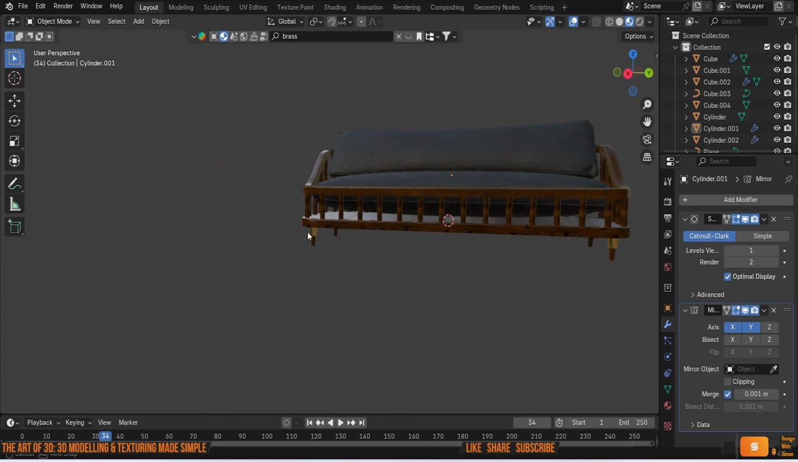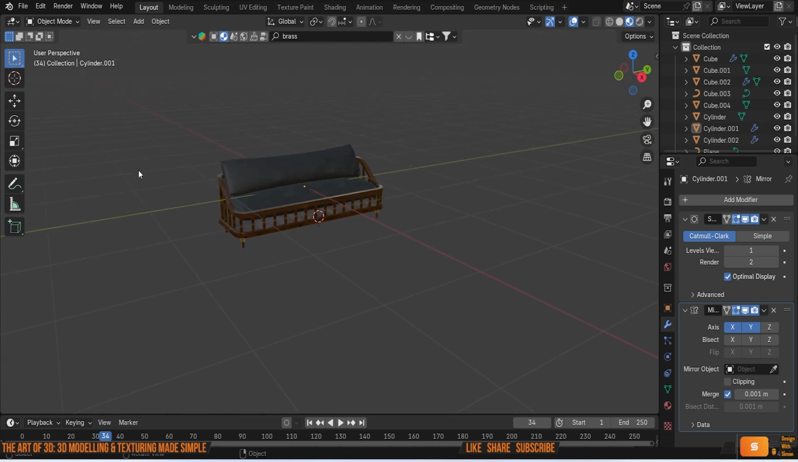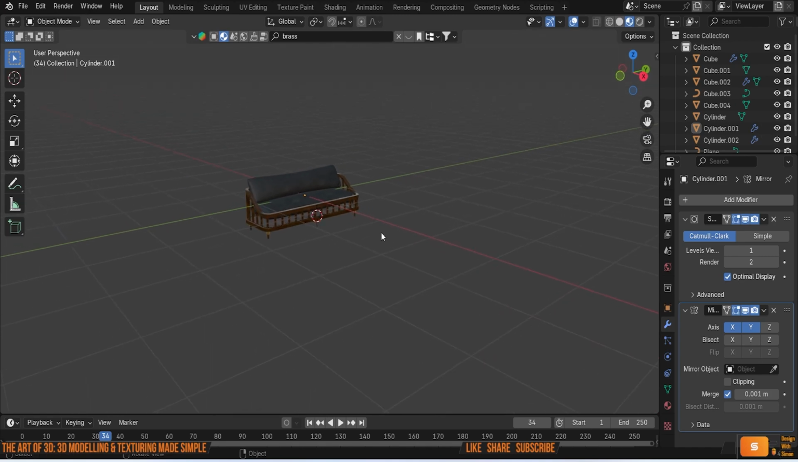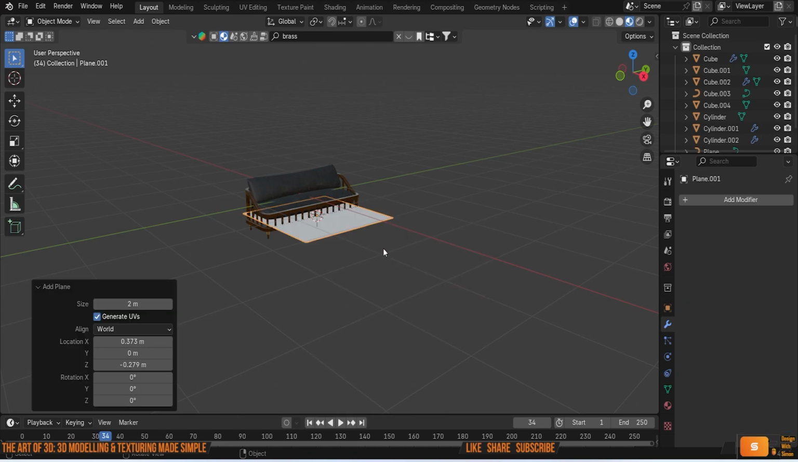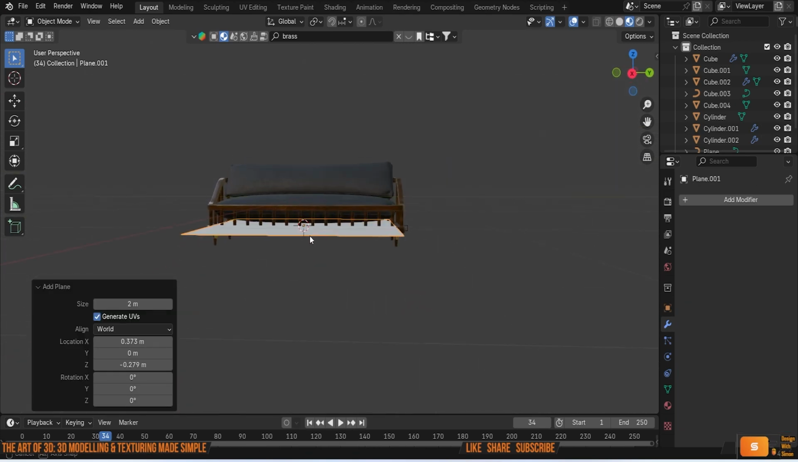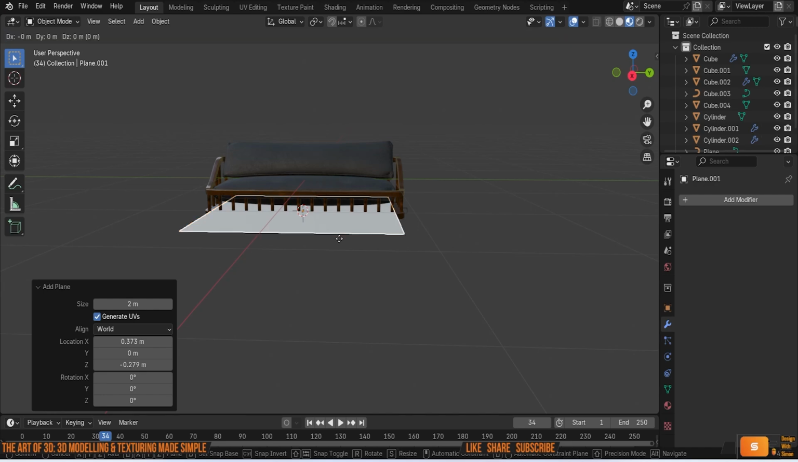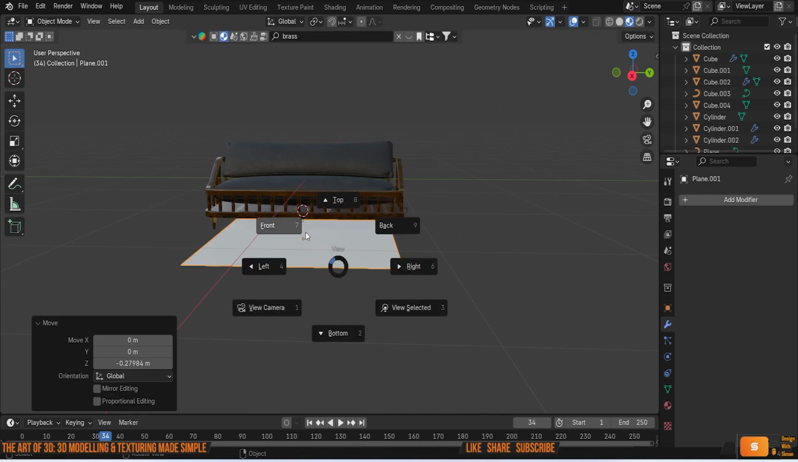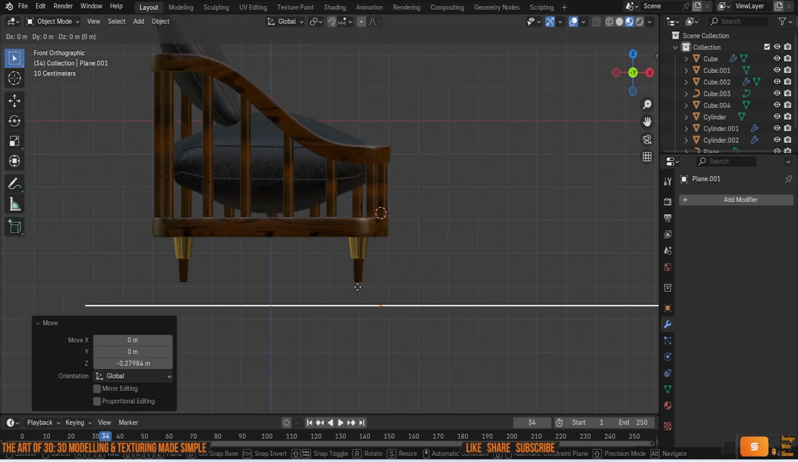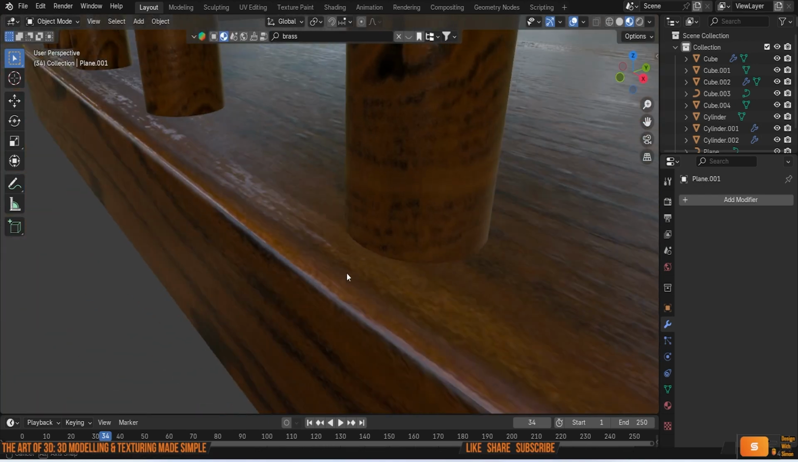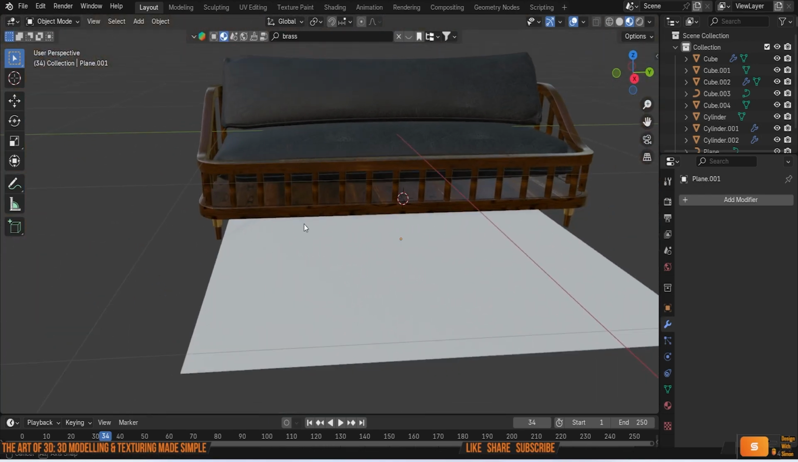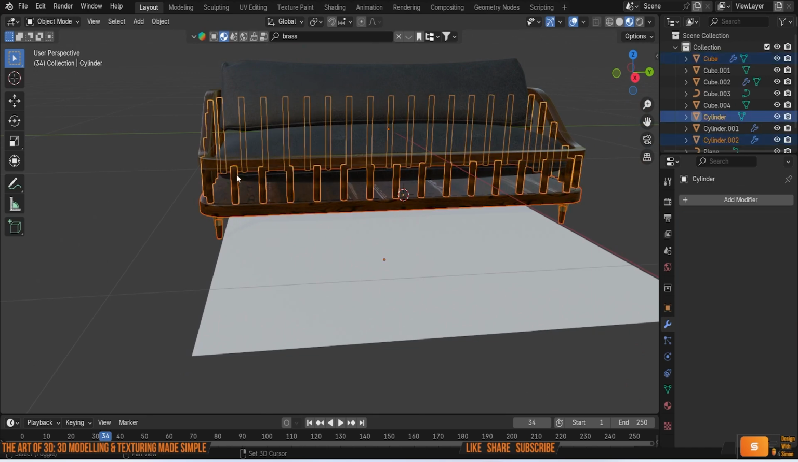Okay, so now what we want to do is set up our little scene just to like present it all. So what we're going to do is let's Shift A, mesh, and let's add, let's go with a plane. Okay, and then let's bring this down, G, Z. So it's sitting like that. I'm going to take a sofa,